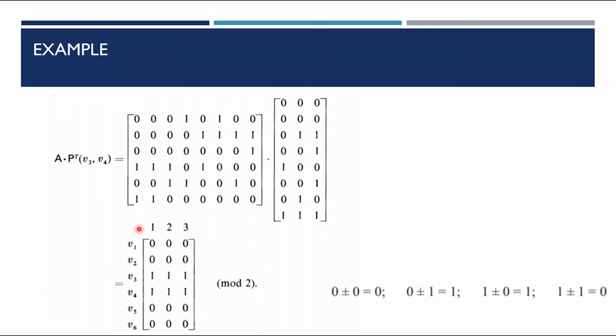In our result matrix, we see that the vertices are now our rows and paths are our columns because we have multiplied the incidence matrix where vertices are rows and the transpose of the path matrix. When we take the transpose, paths have become columns. So in our result matrix, paths are our columns. Now if we look at our result matrix, we see that only the rows V3 and V4 have ones as elements because in our example we have considered the paths between V3 and V4. So ones are present only in these two rows. Rest of the rows all have elements zeros.